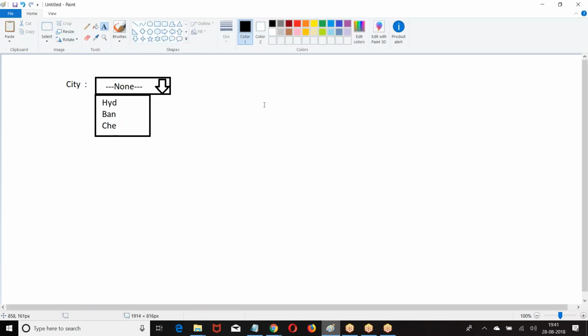Now, how do you know which option you have selected? You may choose either Hyderabad, Bangalore, Chennai or none. I want to check whether the option you selected is Hyderabad or not. So how do you check?